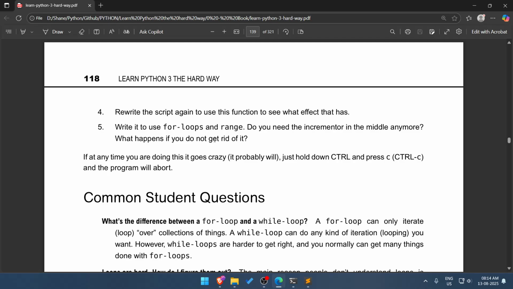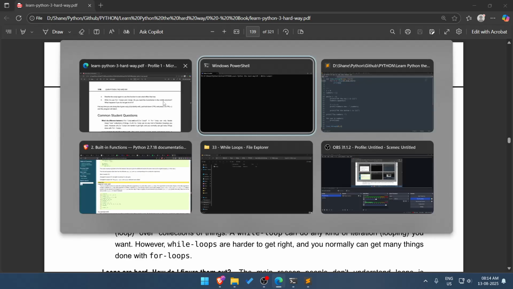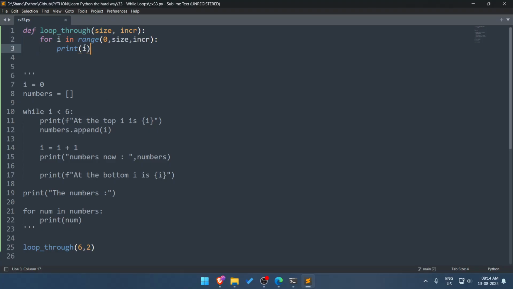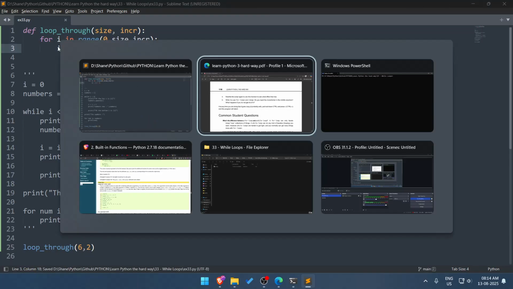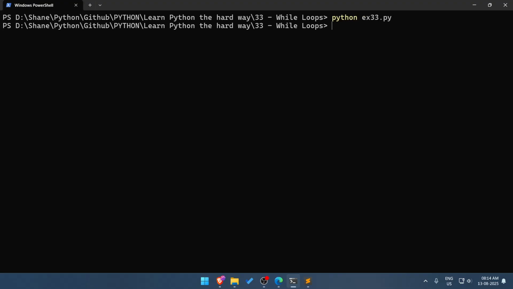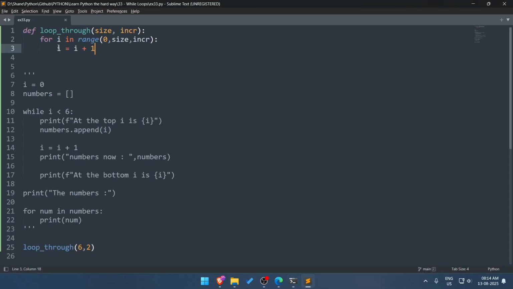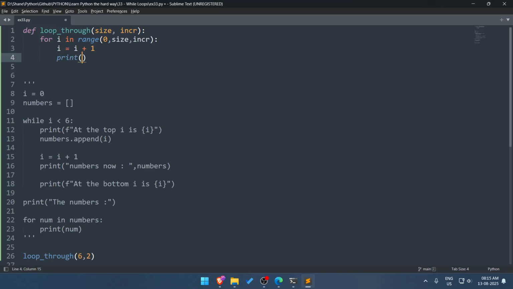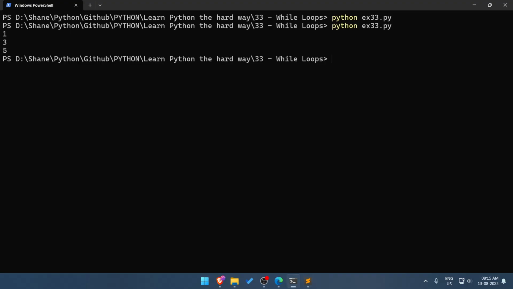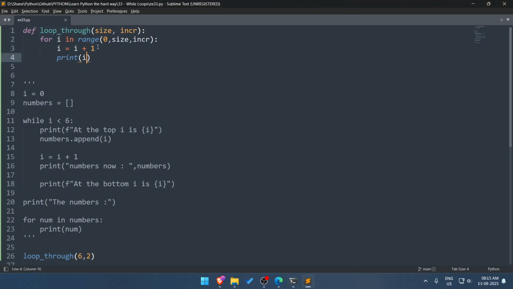Okay, what happens if you get rid of it? If I say i equals i plus 1, what happens? Hmm. Oh, print time. It will just print. Okay, so it started with 0, we incremented i. Yep.